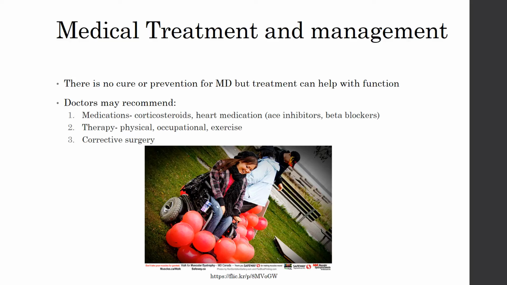Movement may improve with stretching and range of motion exercises. Braces, mobility aids, and breathing assistance may be needed depending on how far along the disease has progressed. Corrective surgery may need to be performed if scoliosis occurs, if droopy eyelids emerge, if joints become too tight, or to improve weakened shoulder muscle.